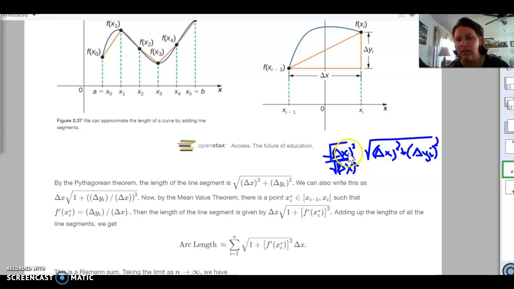The square root of delta x squared cancels to delta x. Then the other one I'm going to multiply through our square root. So we're going to have delta x squared over delta x squared, which is going to be 1, and we'll have to distribute that inside the square root,